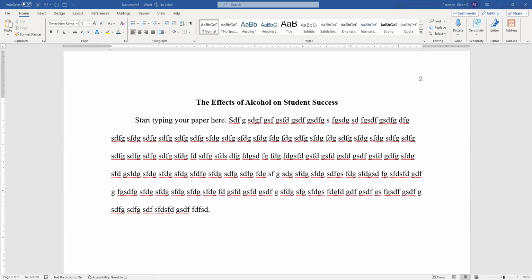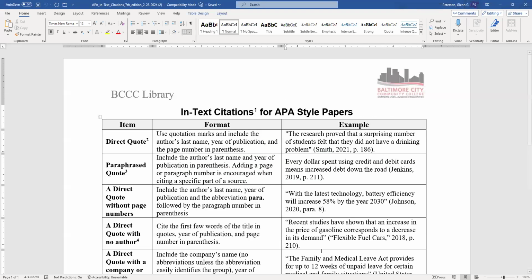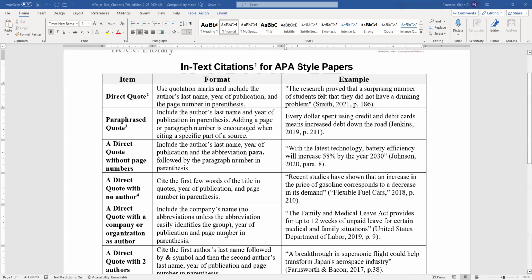And here we go. I want to make sure you can see that. Great. Okay, this is a handout on in-text citations. So as you're incorporating information into your document, you have to include in-text citations in terms of where you got this information from. If you take the information that you get word for word from a source and you put it in your paper,